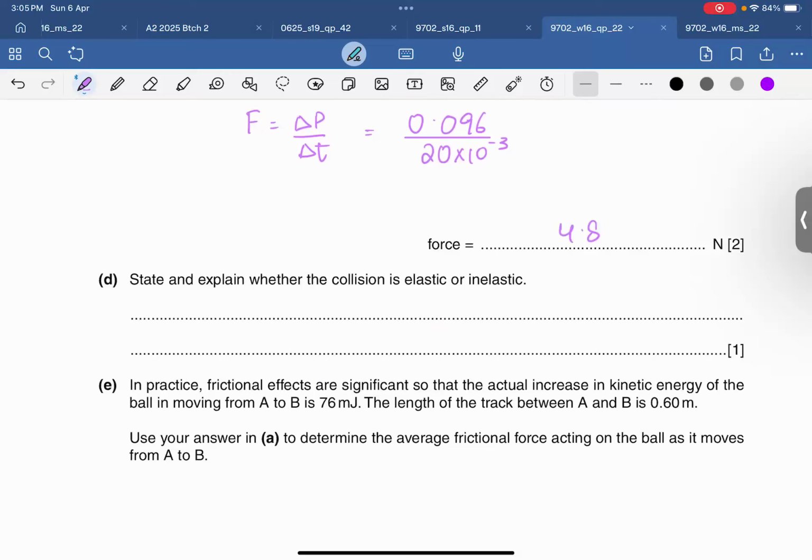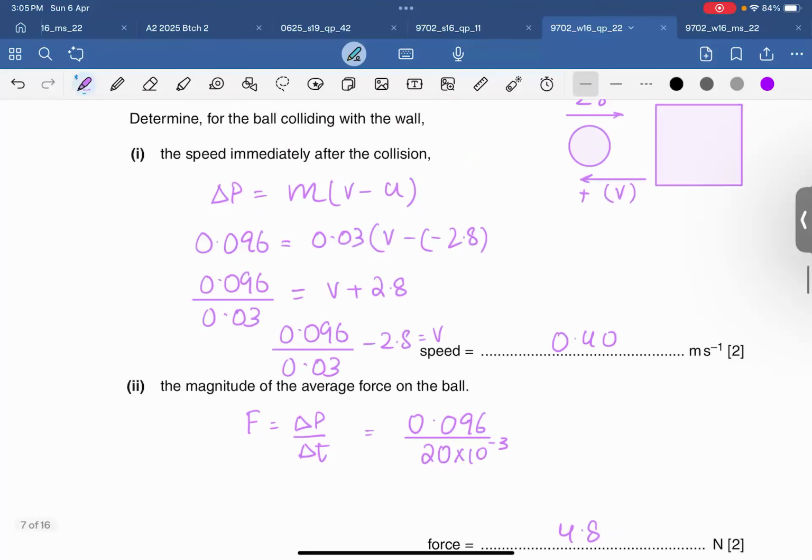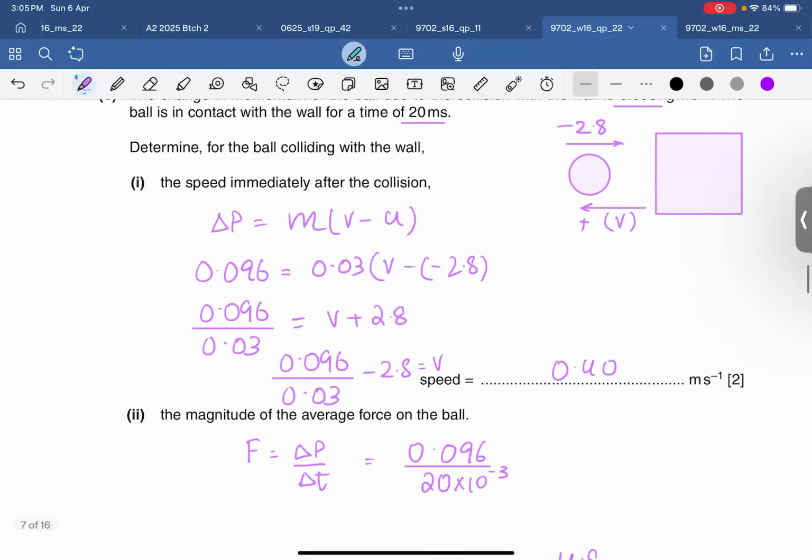Okay. State whether the collision is elastic or inelastic. इलास्टिक और इनइलास्टिक, ओके. किस किस चीज को देख के कहोगे? When the relative speed of approach is equal to the relative speed of separation, or if kinetic energy is